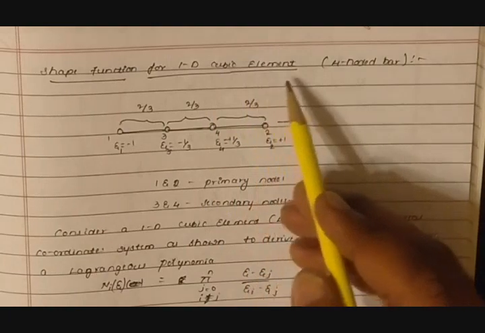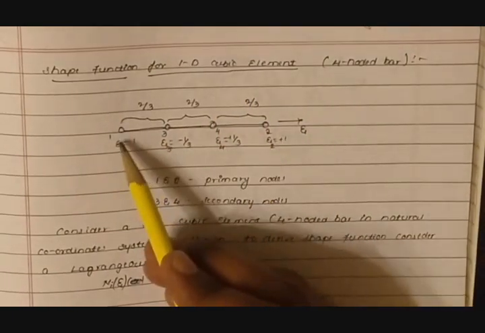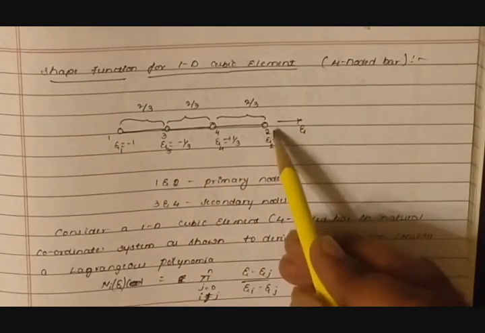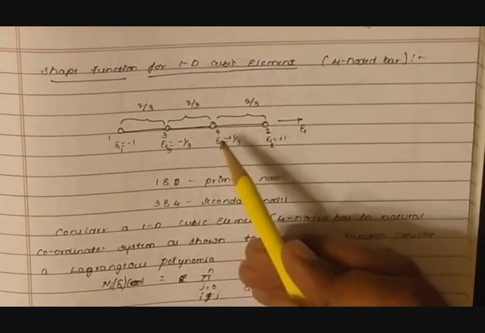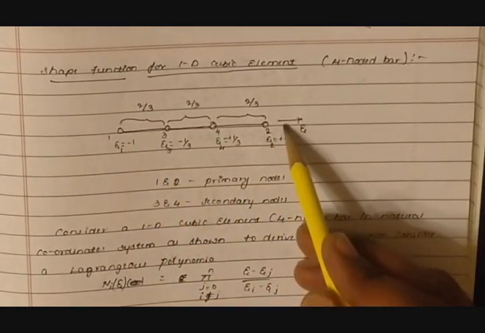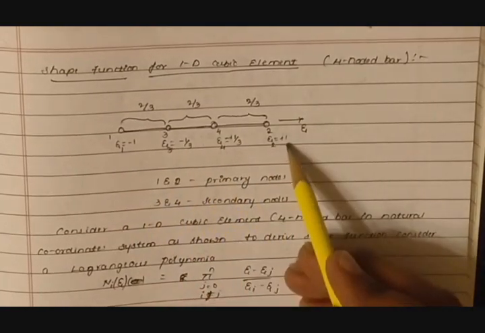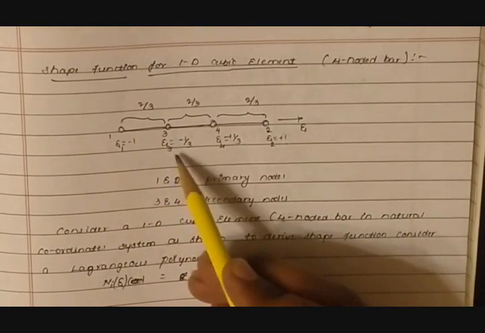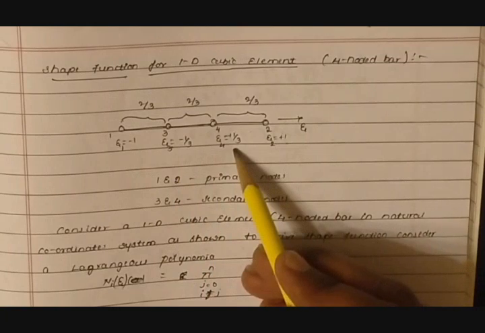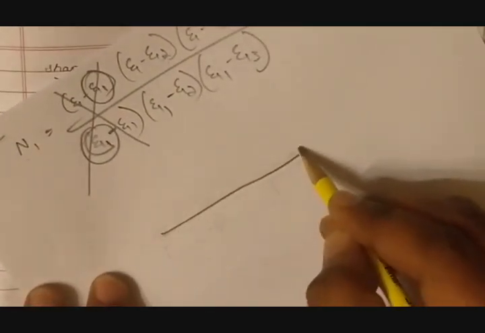So since it's a cubic element or it is a four-noded bar element, the element should have four nodes, that is 1, 2, 3, 4. So here I have written -1, it is in the natural coordinates, it is in the zeta coordinate system. So it varies from -1 to +1, and zeta 3 and zeta 4, that is in between nodes, I have written as -1/3 and +1/3. So how did I get that? To understand that, so for example, if I have